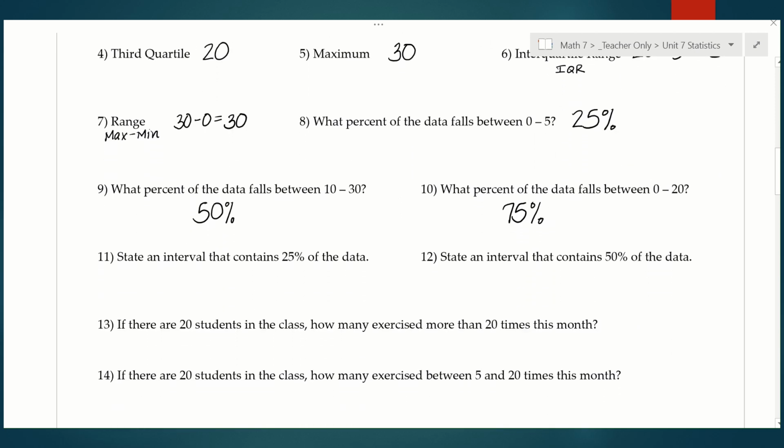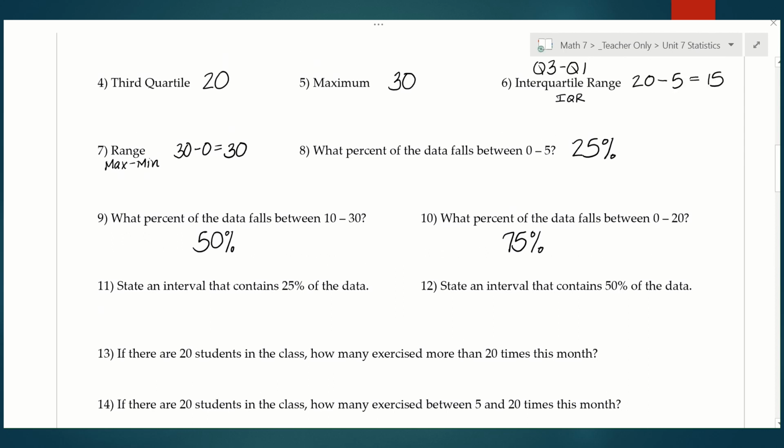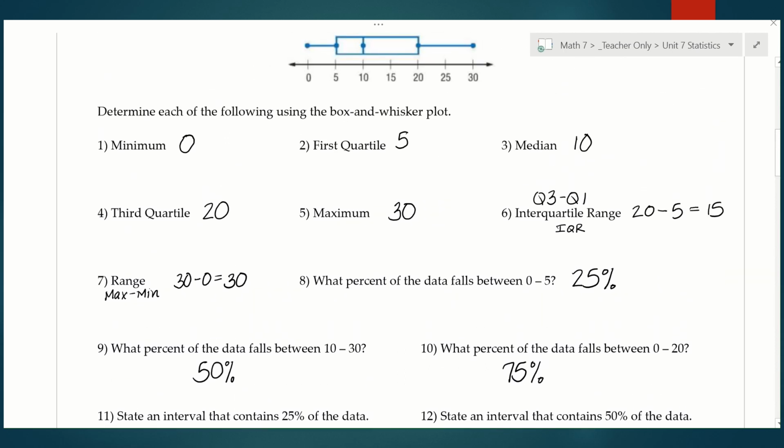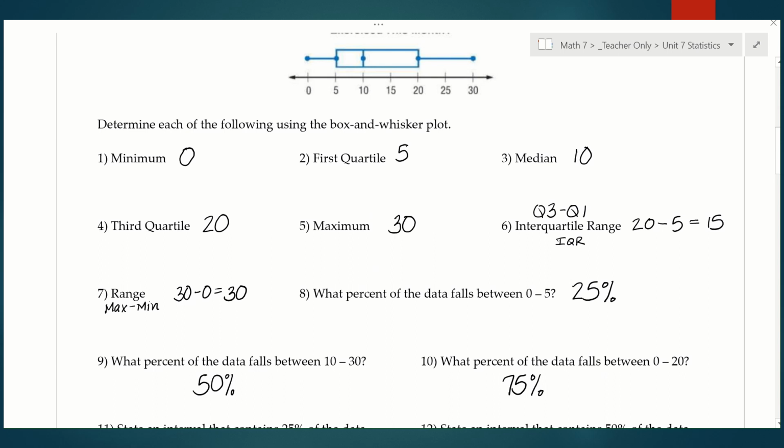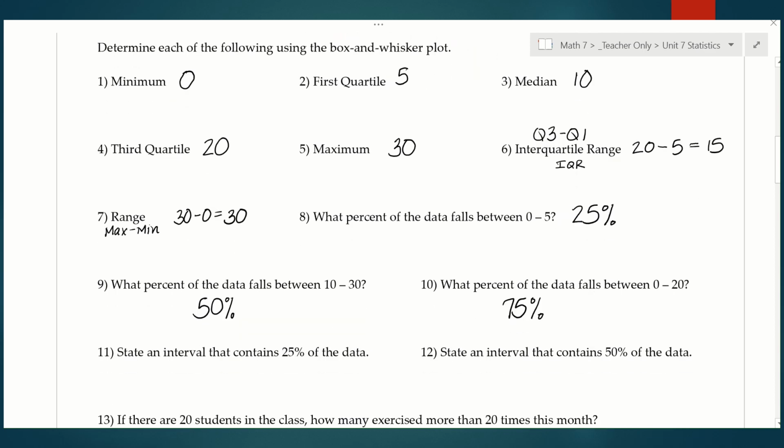Number 11, state an interval that contains 25% of the data. We've already said that 0 to 5 is 25% of our data because it's one of the 4 sections. So we just need to choose another. We have 3 other options. We could say the interval of 5 to 10. We could say 10 to 20. Or we could say 20 to 30. Those are all intervals that contain 25% of our data. So I'll just go with 5 to